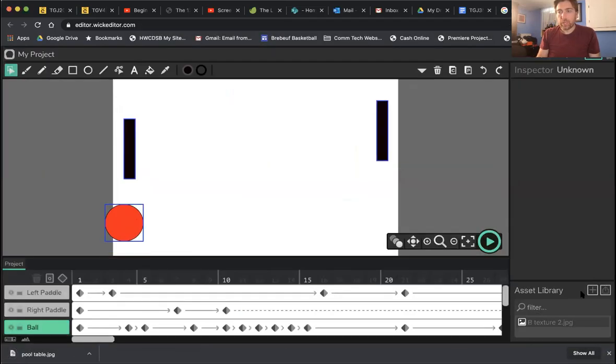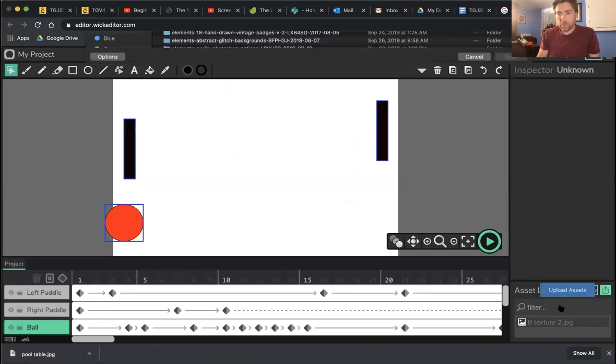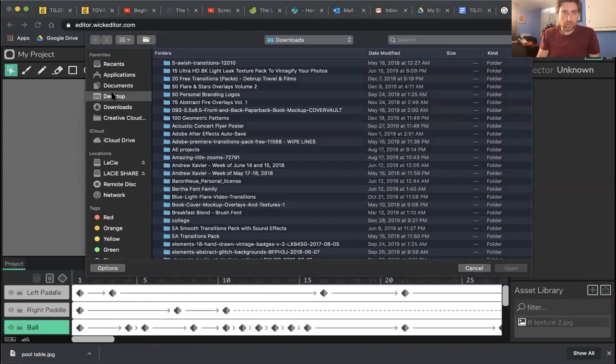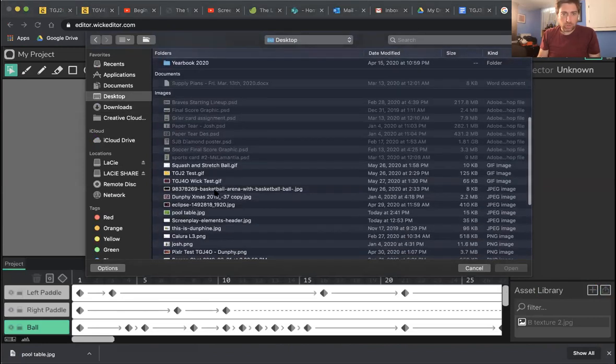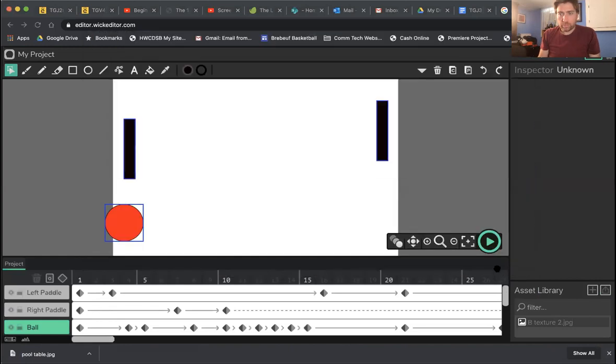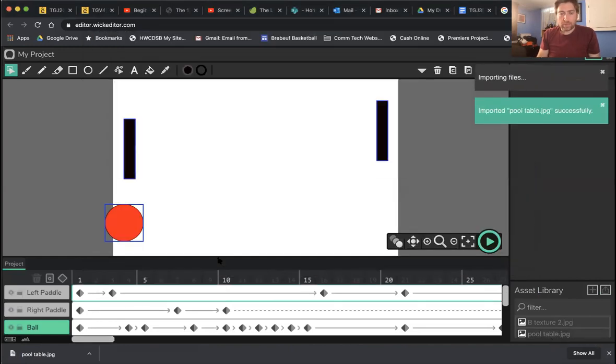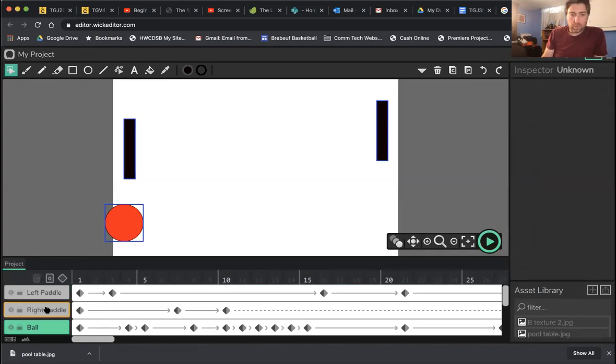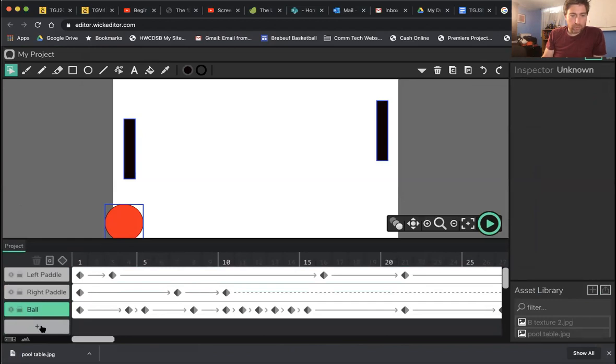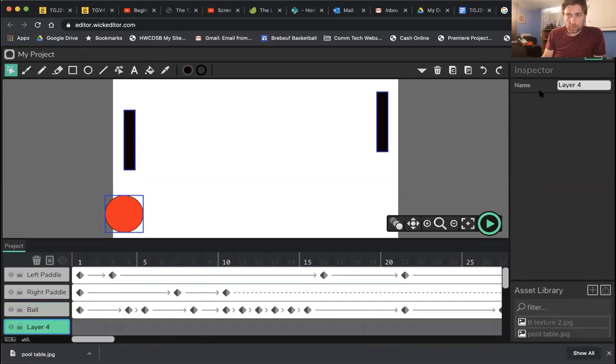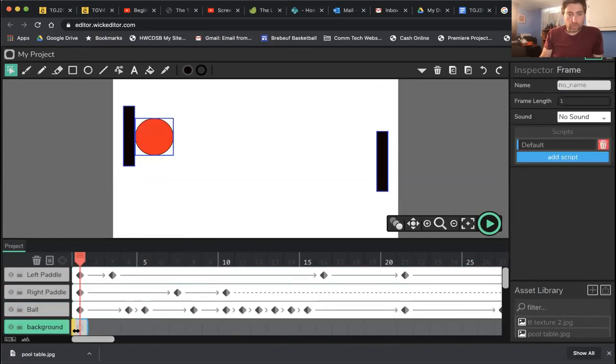Now I jump back to my Wick Editor and I upload the asset. I'm going to look for it, find it on my desktop, which was pool table. There's my picture. And now that asset happens down here. Now, before I can drag that into my screen, I need to make a new layer. So I'm going to come down here and make a new layer. And I'm going to call that layer background. Now I can come over here on frame 1 and bring in this pool table